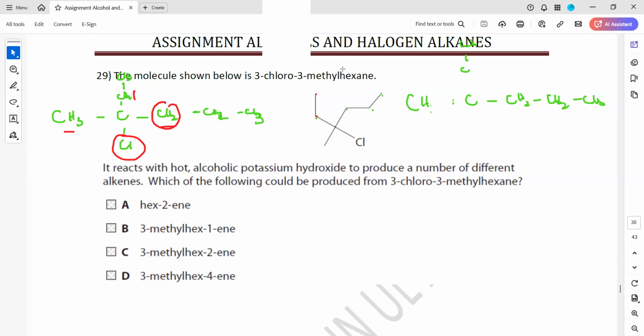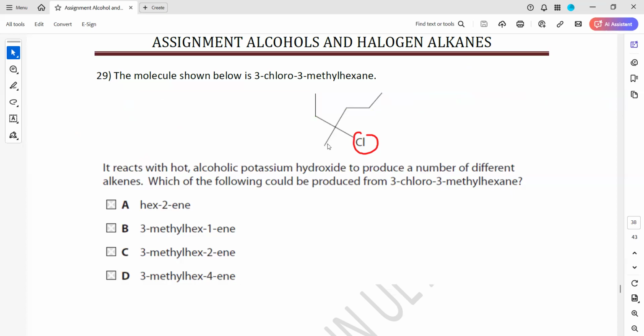Because here the halogen, here we have a chlorine. So if the chlorine loses, because in elimination reaction, the adjacent carbon can lose their hydrogen. Like this is CH3, this is CH2, this is also CH2. So either this hydrogen can be lost or hydrogen can be lost here or hydrogen can be lost here. If the first one loses the hydrogen, then what should be the name of the compound? If this chlorine is being lost, so the name of the compound will be